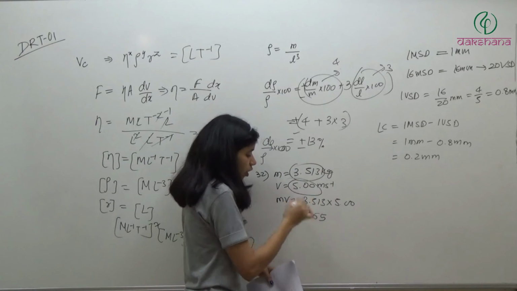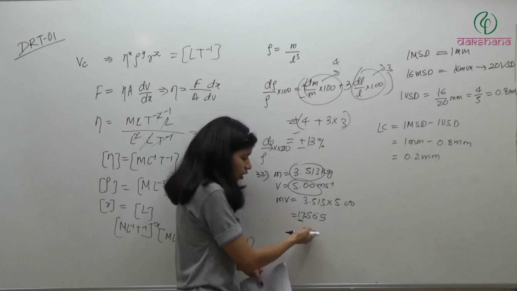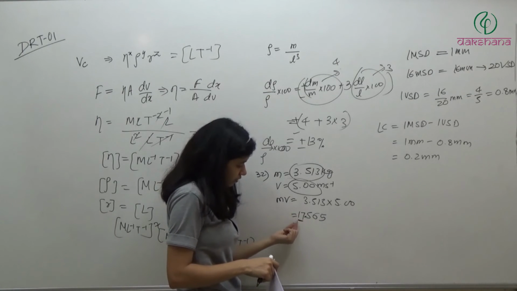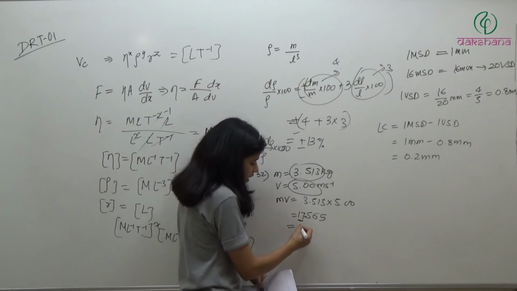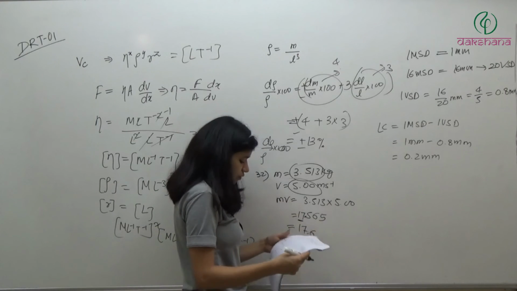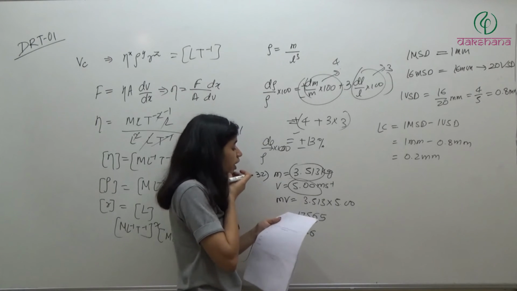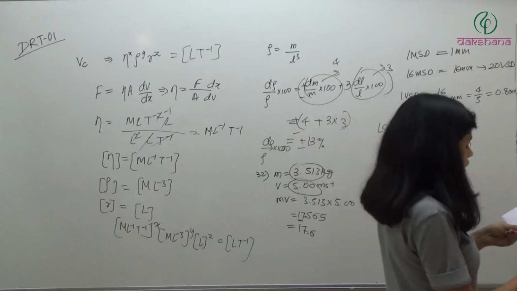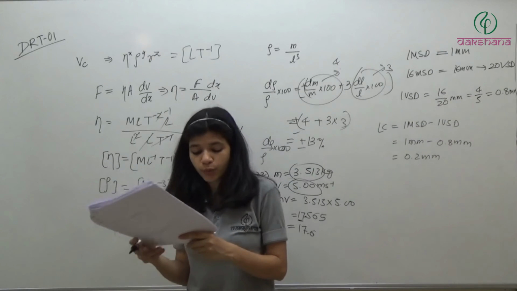So what should the answer have? It should be 3. So we have to round it off so that we have 3 significant figures. So 17.565, if you round it off, what will we get? We will get 17.6, which is given in the fourth option. And if you look directly, we need only 3 significant figures in the answer, and it is given only in one option, that is option 4.